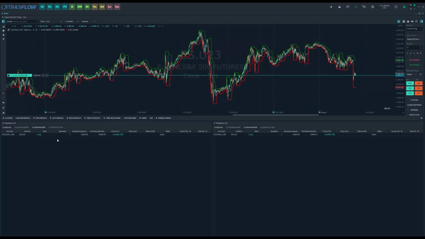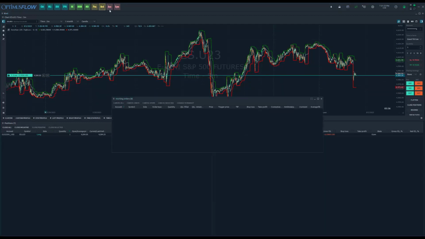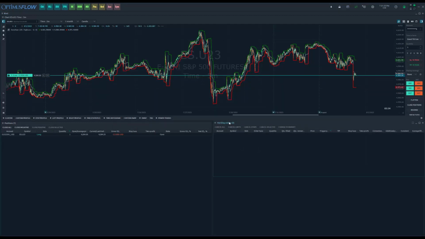We currently have a position. We see my same account that I had on demo, and it's exactly the parameters we entered there. You could see ESU23, buy one, and you can see right here it's at 45.84 and a half. Right now I have no working orders. This was the only fill on my account for today. This is a brand new demo account, and it just executed in real time through my SignalStack integration, my webhooks